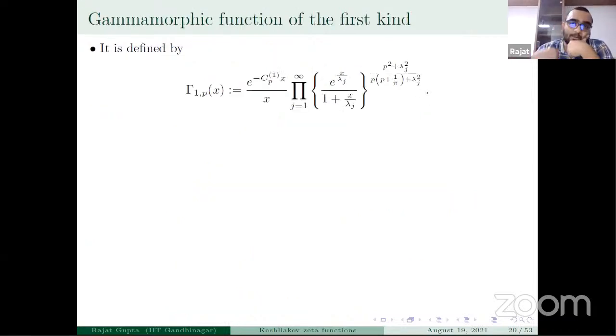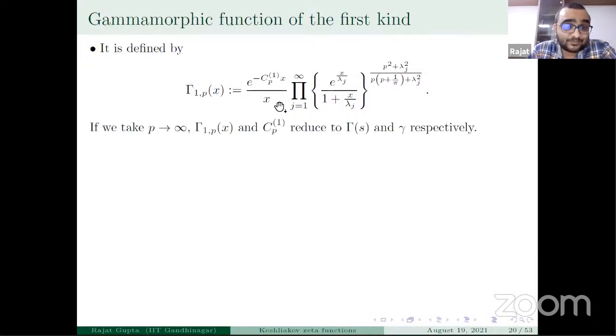Now let me move to the gamma morphic function of the first kind. It is defined by this product. It looks a little familiar, like the product definition of the gamma function. So Koshlikov defined this and denoted it by gamma 1 of p of x. If you take p tends to infinity, this gamma 1 of p and cp1 reduce to the gamma function and the Euler gamma constant. Now if you take log on both sides and differentiate with respect to x,